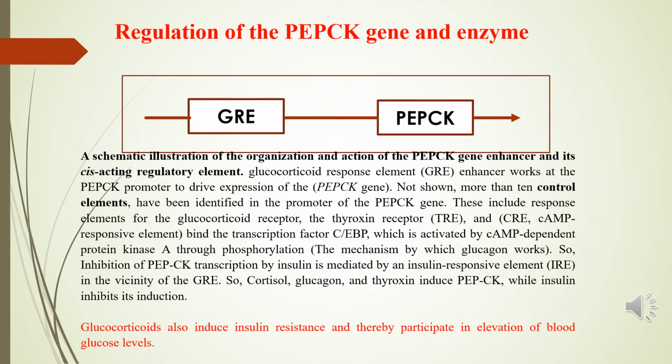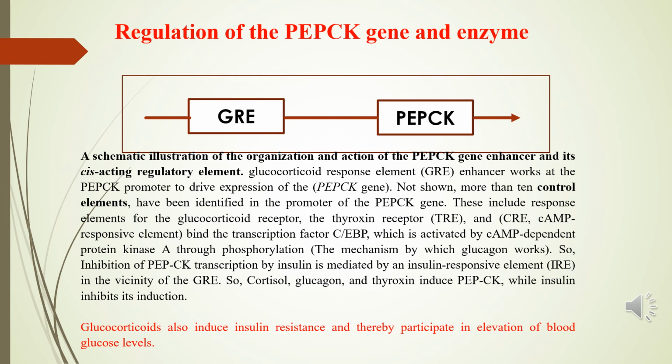One of these genes is the phosphoenolpyruvate carboxykinase gene, which is induced by the glucocorticoid response element when it binds to